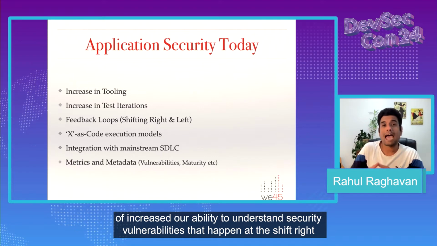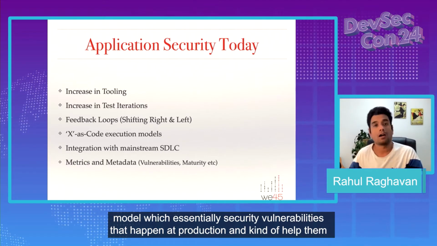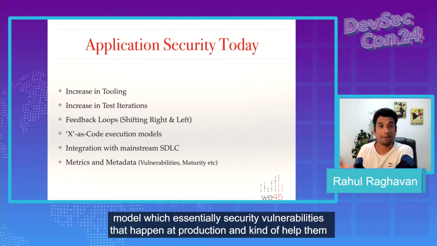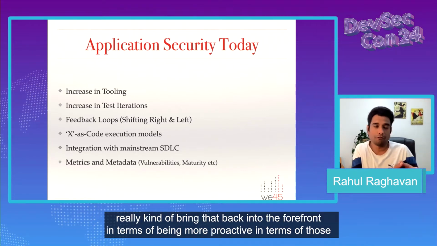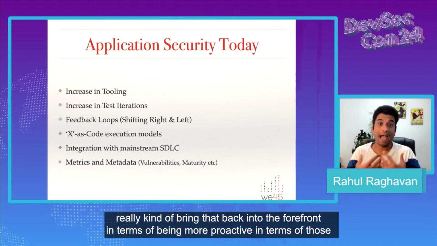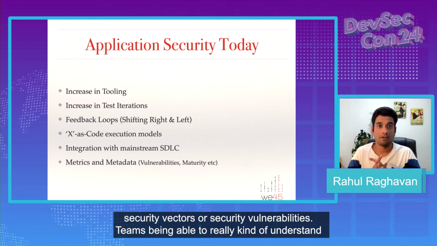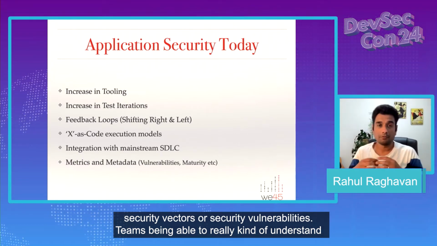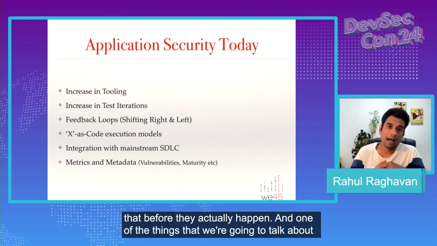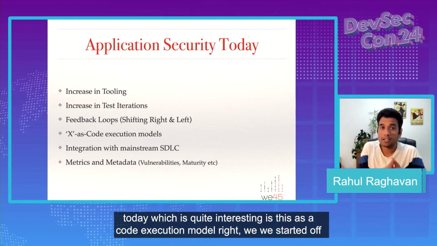security vulnerabilities that happen in the shift right model, which is essentially security vulnerabilities that happen in production, and really bring that back into the forefront in terms of being more proactive in terms of those security vectors or security vulnerabilities, teams being able to really understand that before they actually happen. And one of the things that we're going to talk about today, which is quite interesting, is